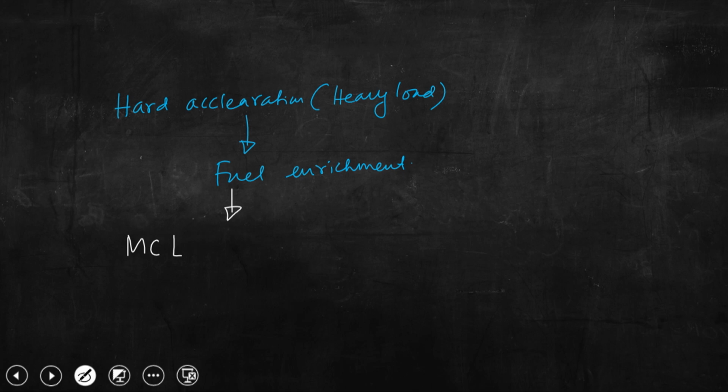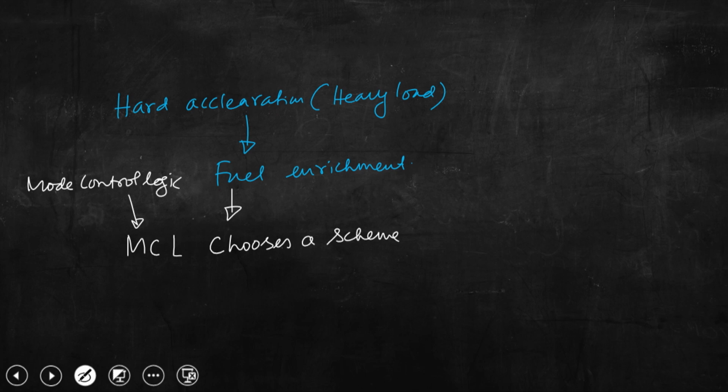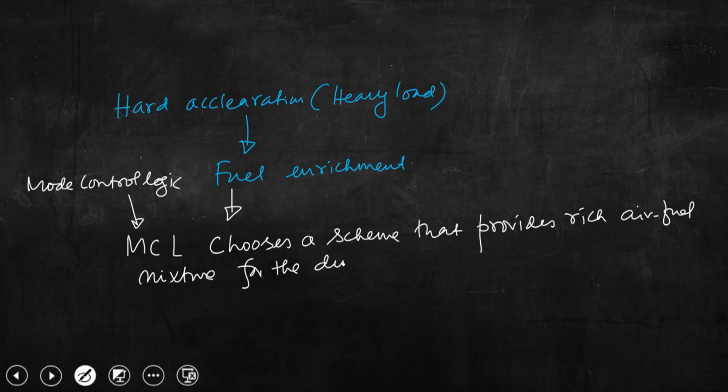So, this is what happens here. I am writing this for the sake of completeness: the mode control logic, MCL, chooses a scheme that provides a rich air fuel mixture for the duration of acceleration or heavy load, right. So, if we go back to the previous slide,